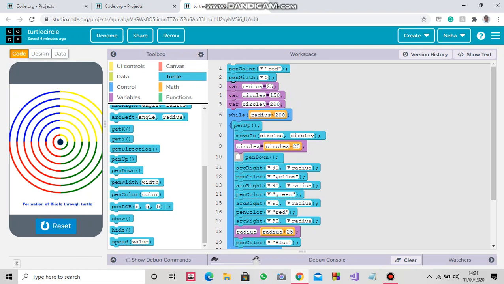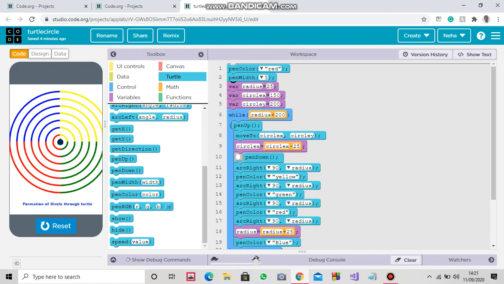From here, move to circle x, circle y, means our cursor will move to the x and y position of 150 and 200, means it will move to this position.